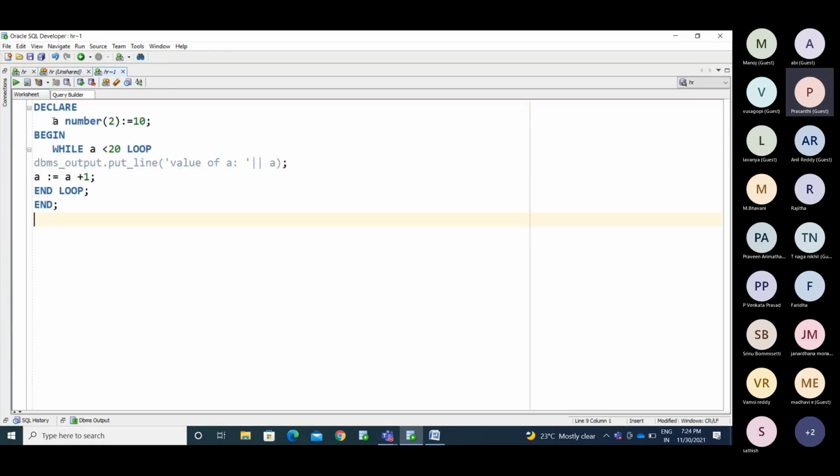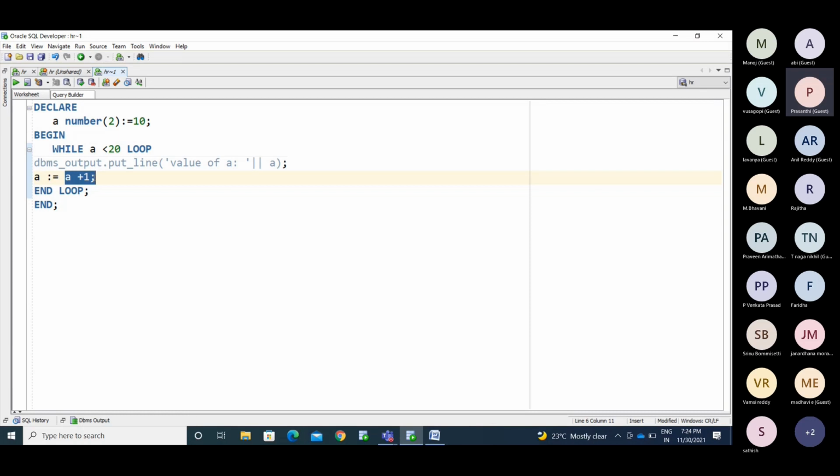Now I'm declaring one variable a equal to 10. I'm putting the condition a is less than 20, then display the value of a. Whatever the current value is, it displays. Then again I am increasing the value, a equal to a plus 1.